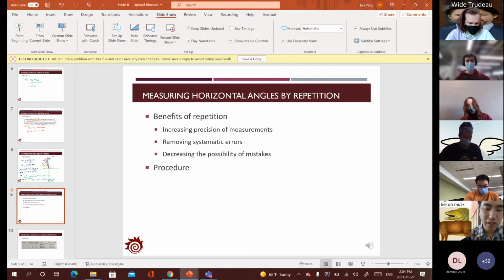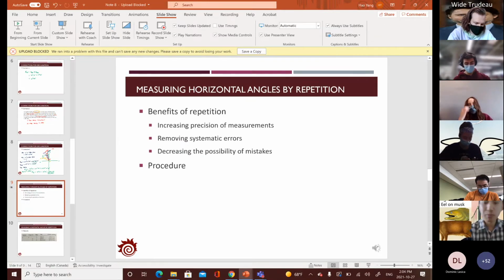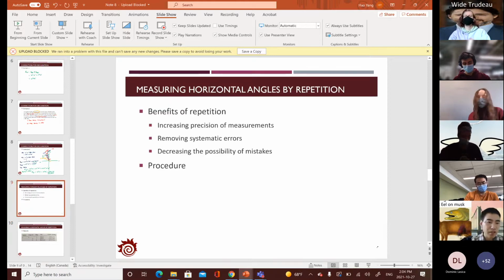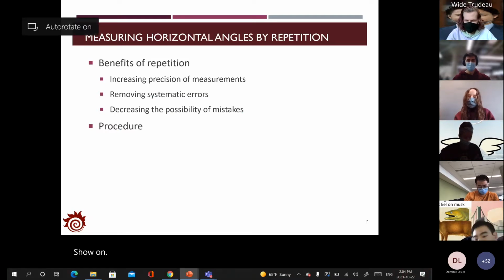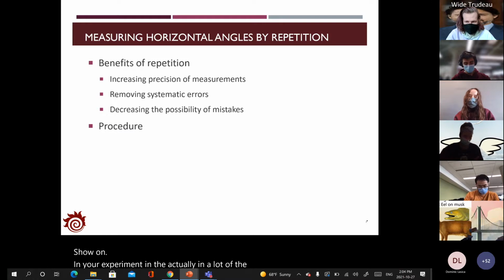So after that we will have some introduction about how to use the angle to do the measurement, and so in your experiment, actually in a lot of the field experiments, we may observe